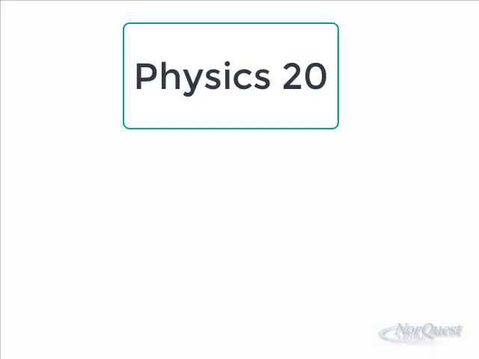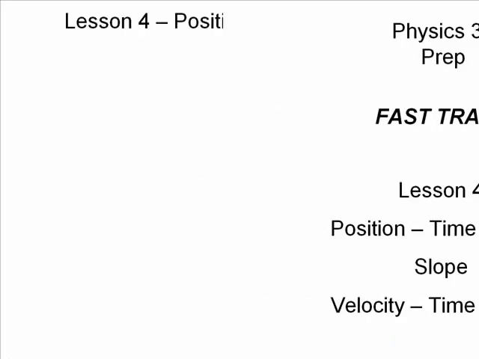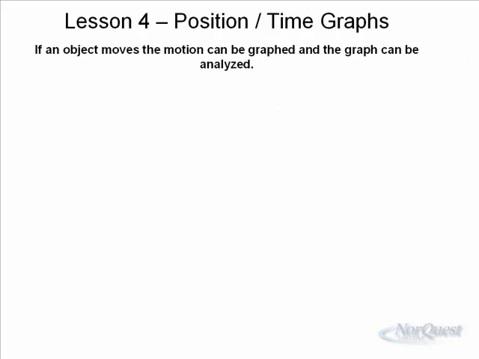In this lesson, we'll learn about position time graphs, slope, and touch on velocity time graphs. In the previous lesson, we looked at the difference between speed and velocity. When an object moves, the motion can be graphed and the graph can be analyzed. This will often tell us a little bit more about the speed, the velocity, the displacement, or the acceleration of